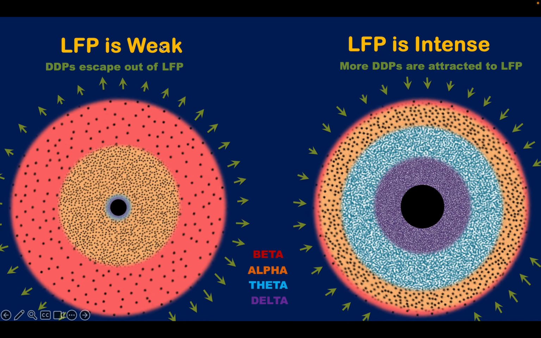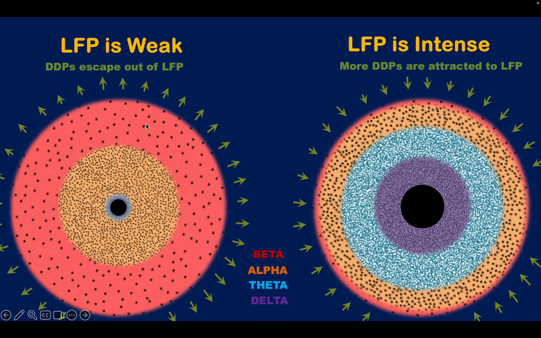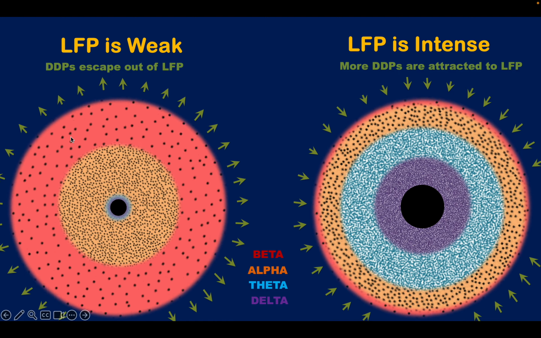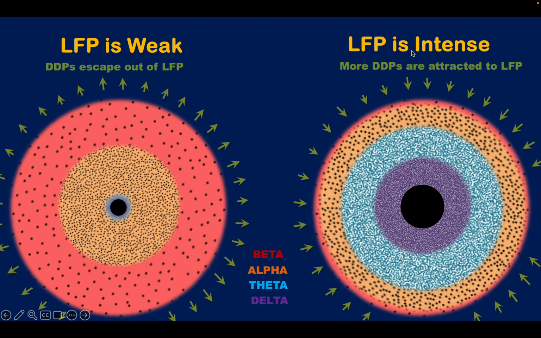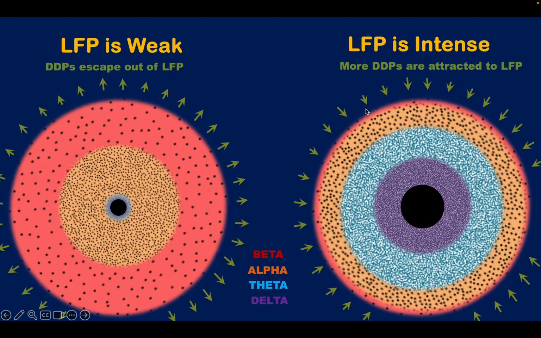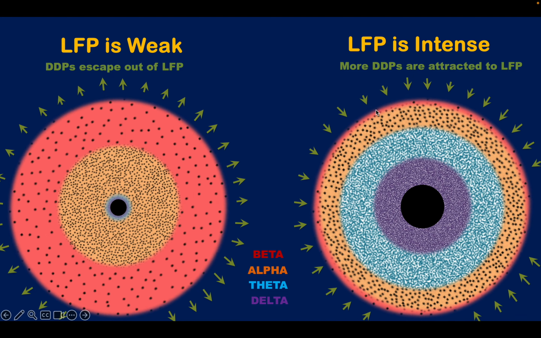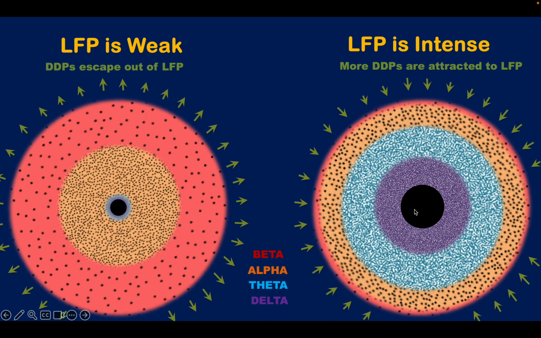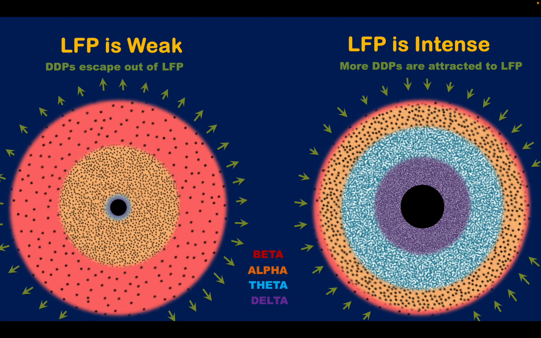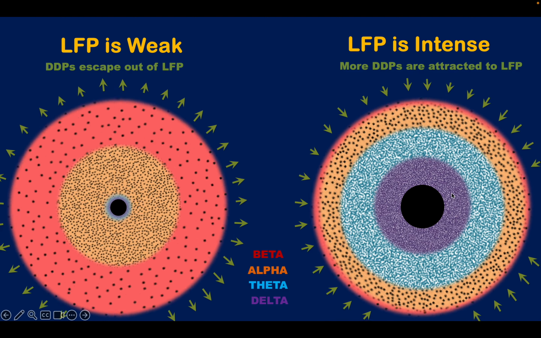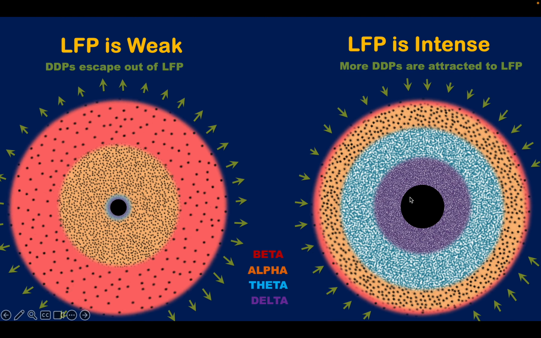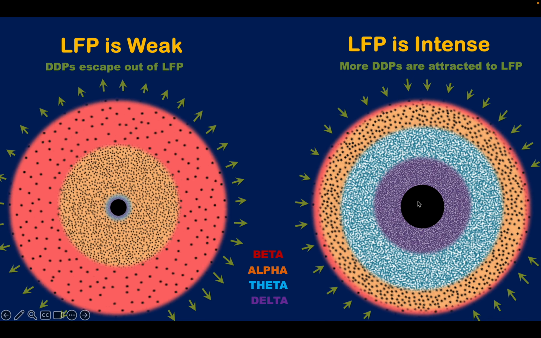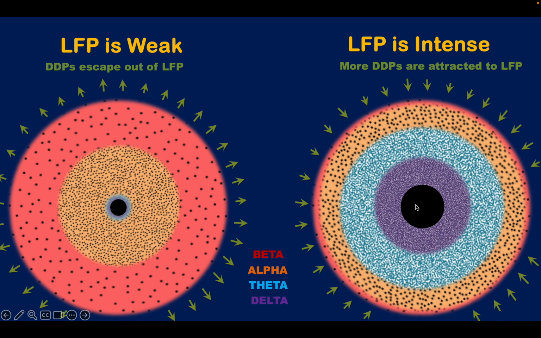When the life force particle is weak, the divine dust particles can escape out of the life force particle. We can take this life force particle as a man or a woman. When the life force particle is intense, the highly mobile life force particles are fewer, while the concentrated dense life force particle, the black color, is much stronger. So when we meditate, the center part, which is like dense life force particle, is what we are developing: high biomagnetism and a less mobile, calm area.